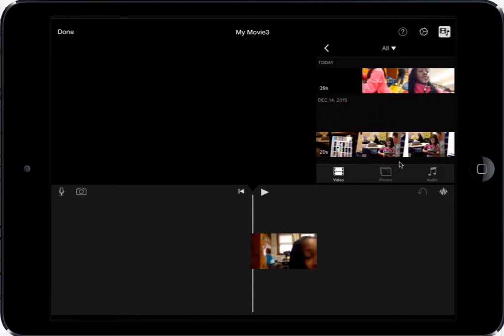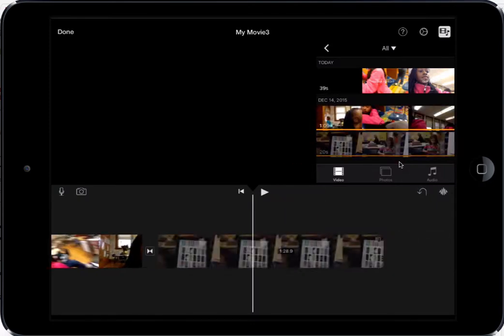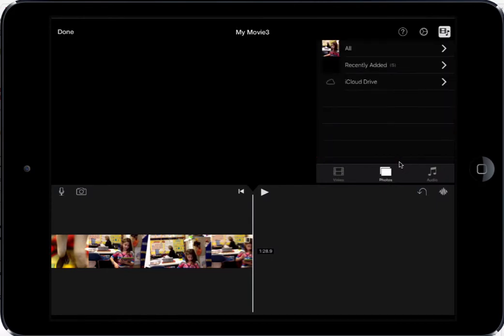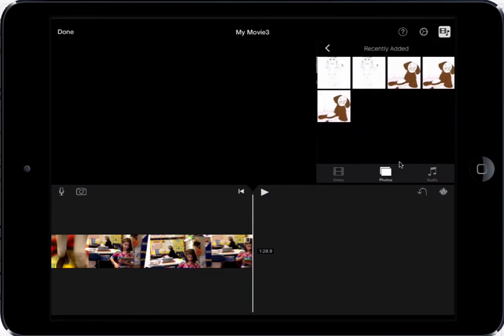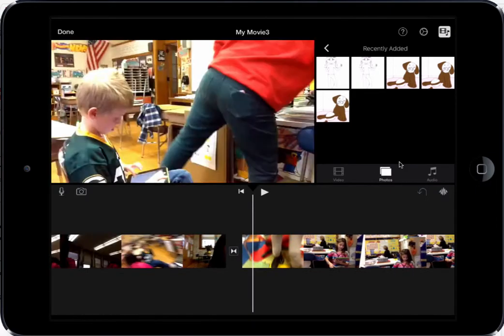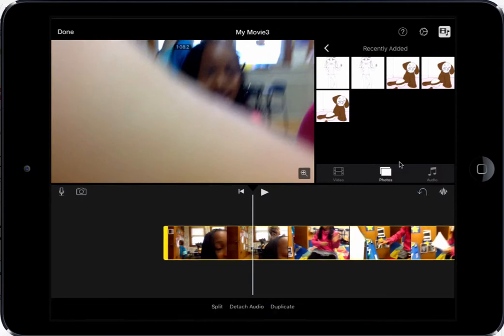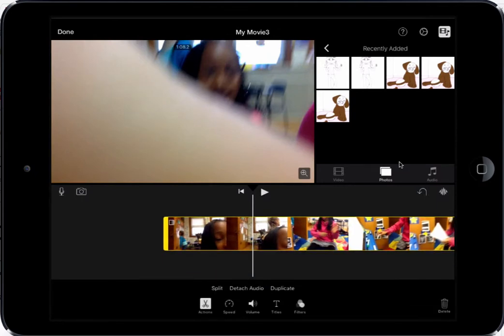I'll drop that video in. I'll drop this video in. I can go to a photo. I'll drop a photo in that's on the device, and now I'll begin to edit it. To edit a clip, you tap it. When you tap a clip, you'll see that it turns yellow, and then on the bottom of the screen there's